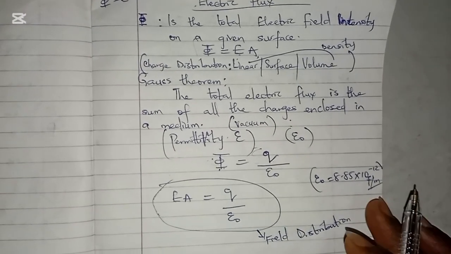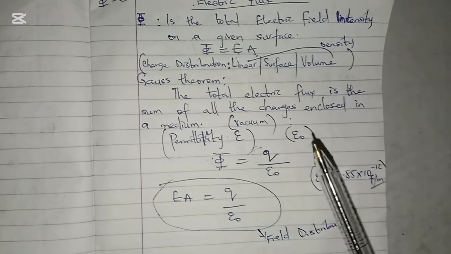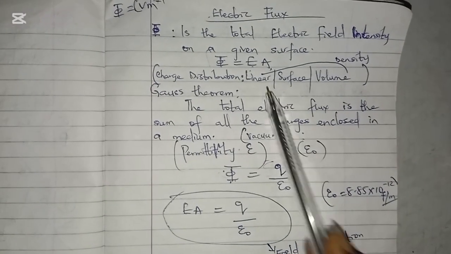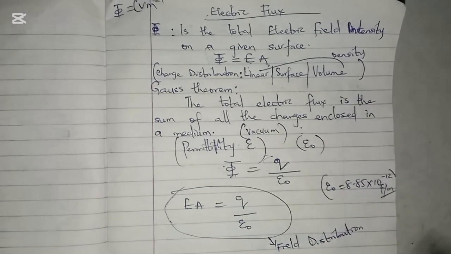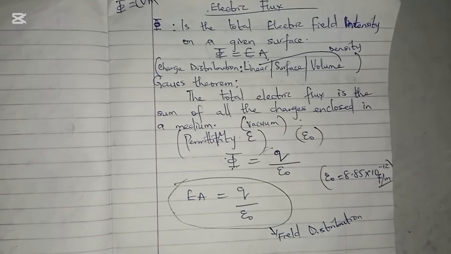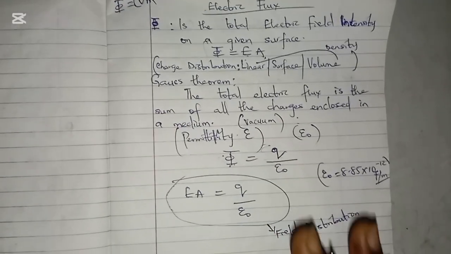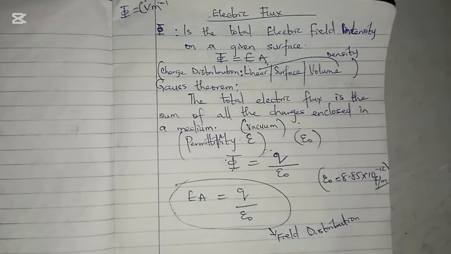Field distribution has to do with density. Let's put it that way. Is it a linear density? Is it a surface density or a volume density? So if I know this, this little knowledge that I have, which you can get yours from what I've said and add to what you know,